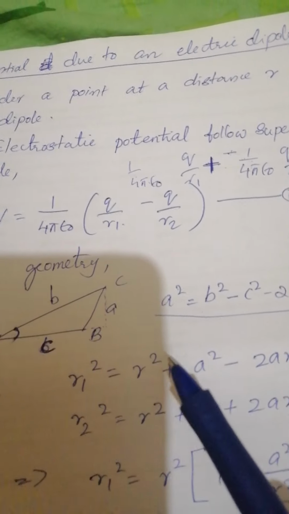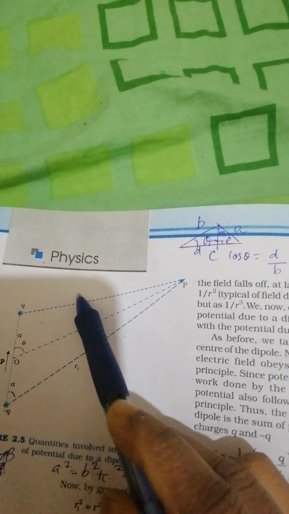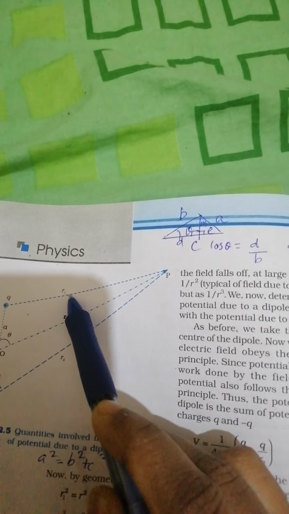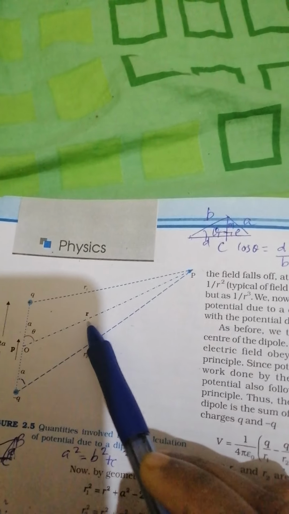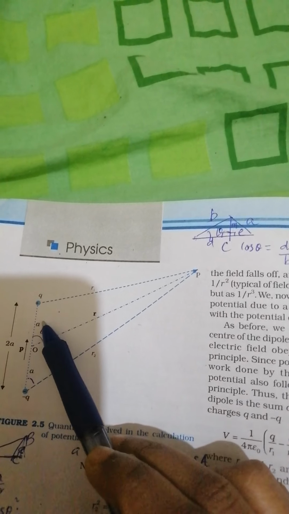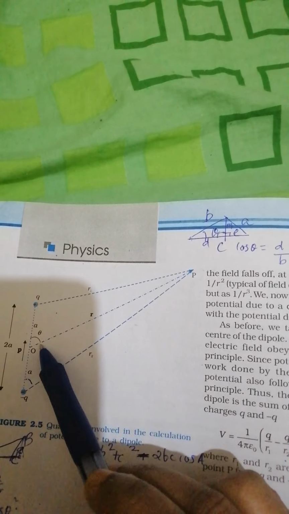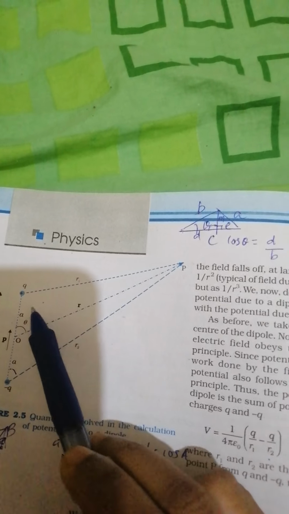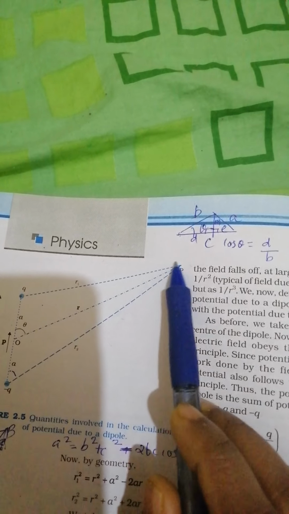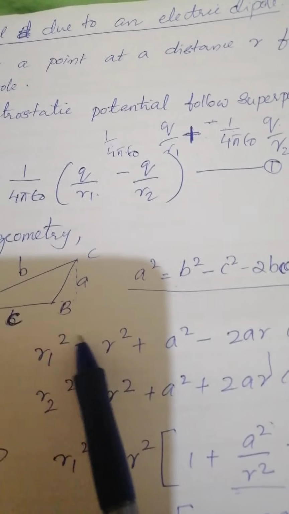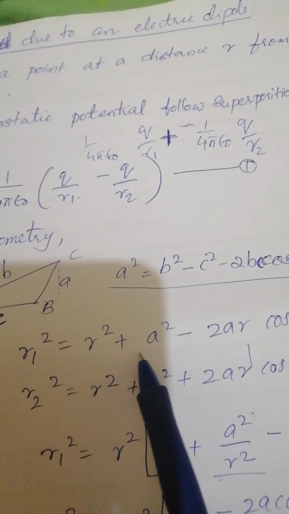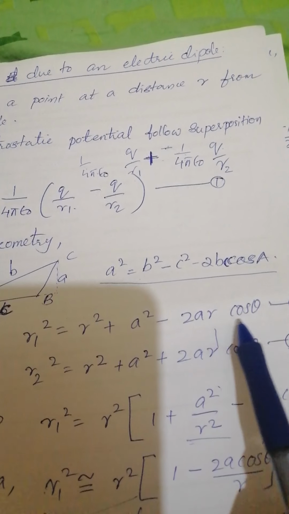So here instead of A square, it is r1 square, and instead of B it is r, and instead of C it is a, that is half length of this dipole. So we are just applying the geometry in this upper triangle. So we can write r1 square is equal to r square plus a square minus 2ar cos theta,